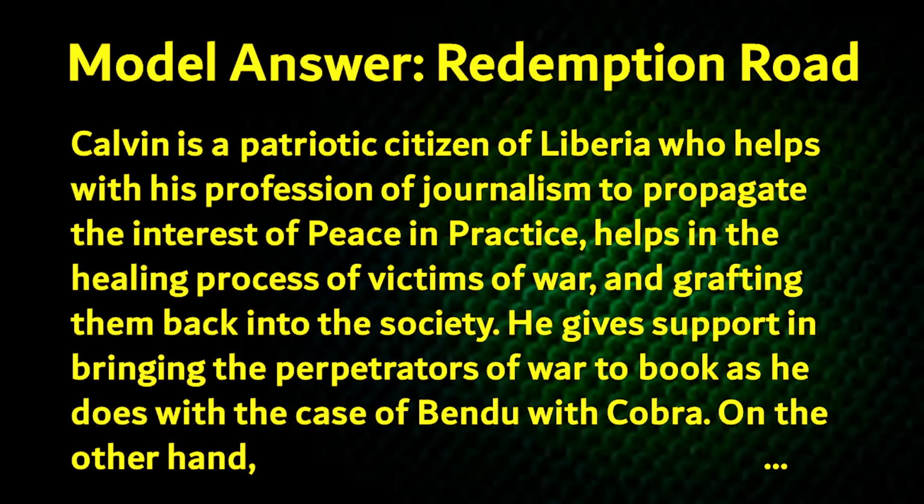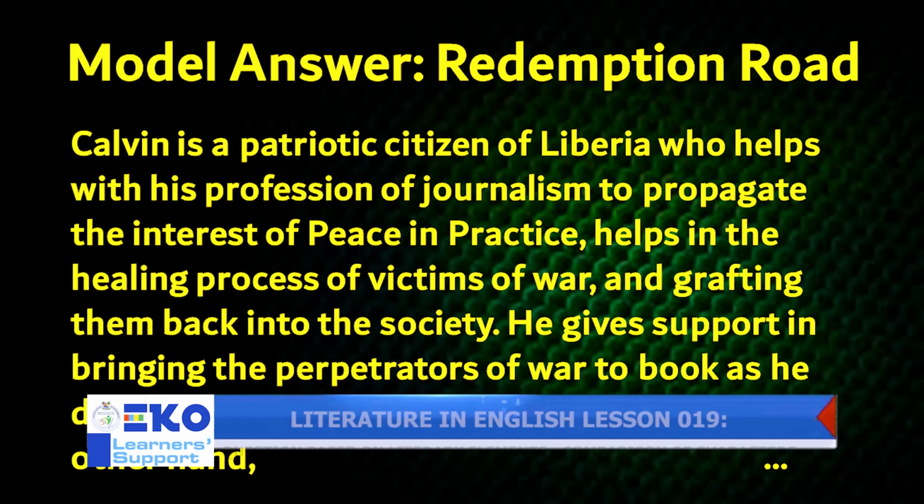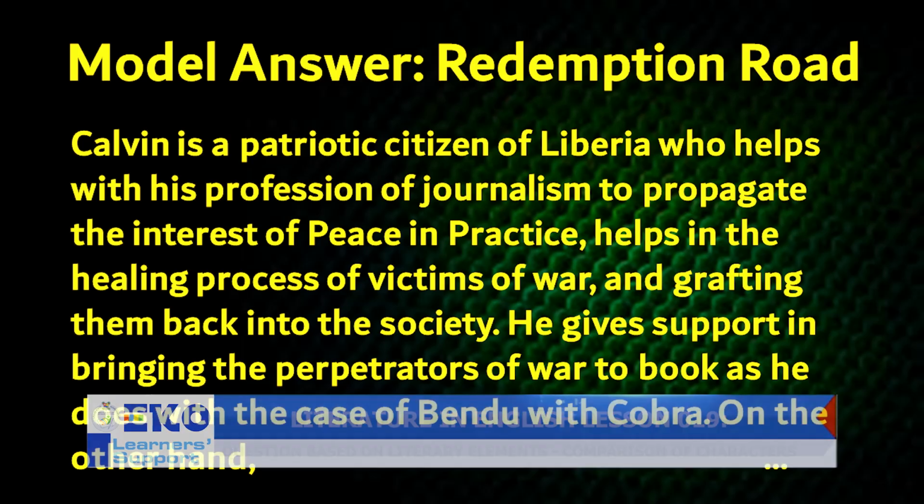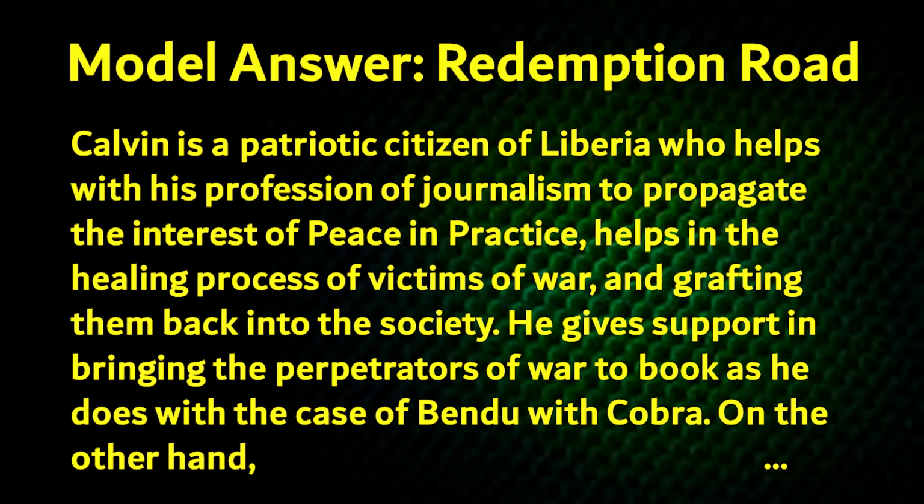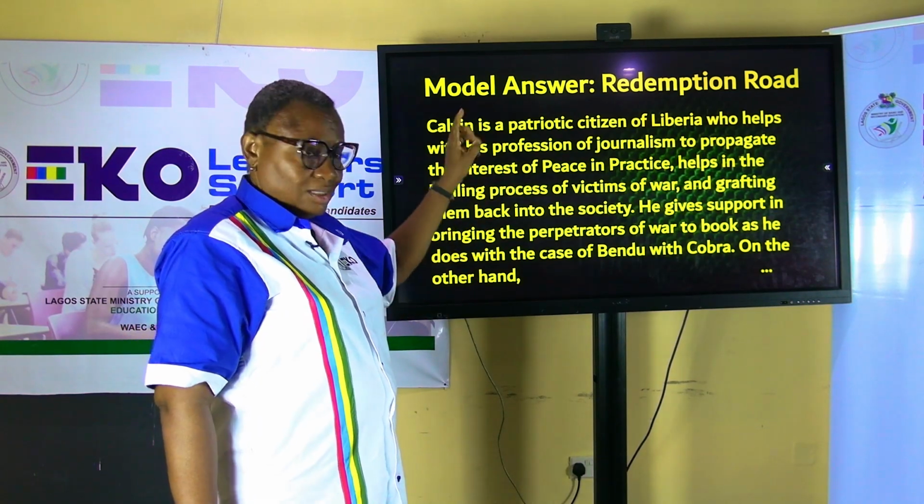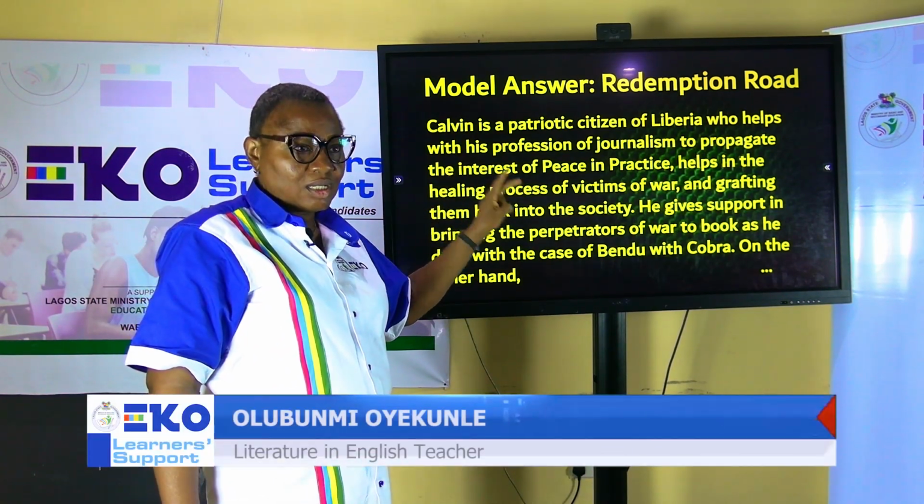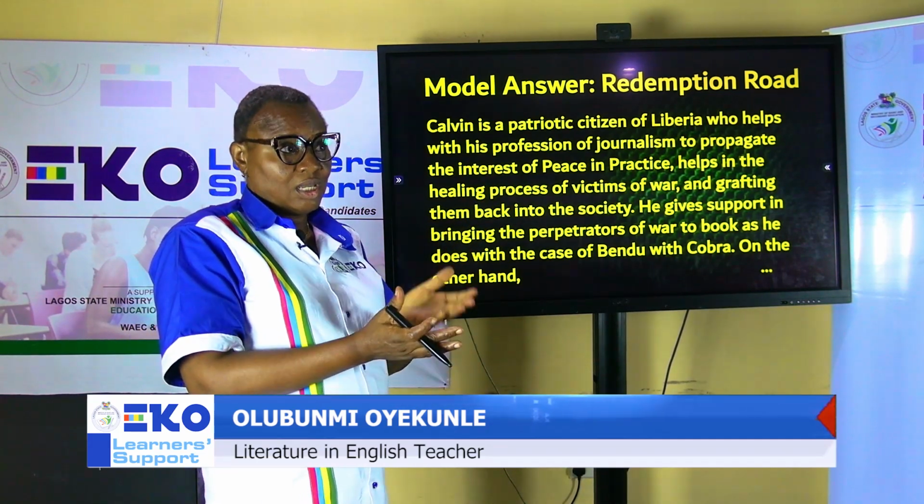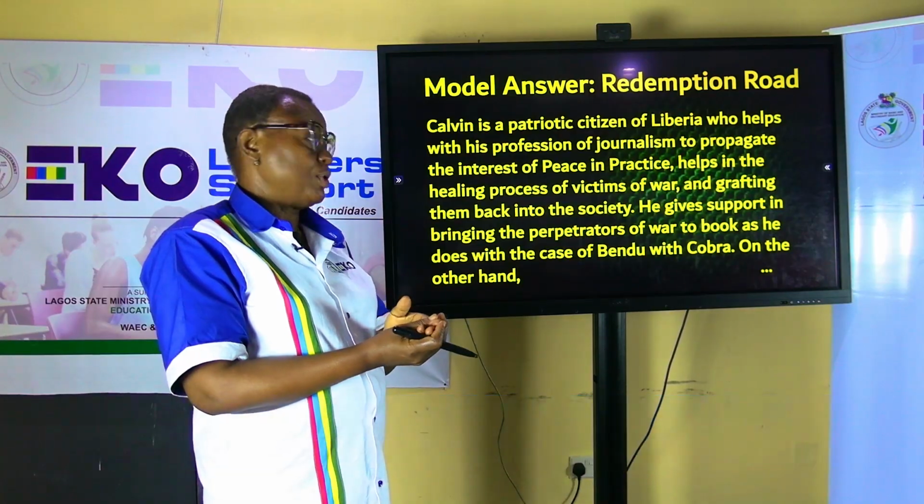We go to another point, that's the third one. Calvin is a patriotic citizen of Liberia who helps with his profession of journalism to propagate the interest of peace in practice, helps in the healing process of victims of war, and grafting them back into the society. He gives support in bringing the perpetrator of war to book, as he does with the case of Bendu with Cobra. So we can see we have picked what Calvin uses his job to do to help in the process of reconciliation and justice and peace in Liberia, while